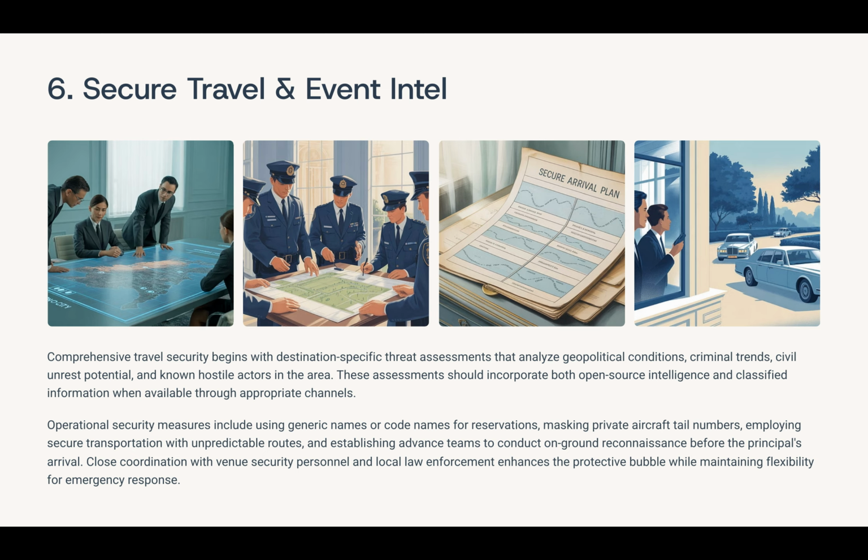Finally, it's vital to maintain strong collaboration with venue security and local law enforcement. This coordinated approach not only enhances the overall security posture, but also ensures everyone is aligned and able to adapt quickly should emergencies or unexpected situations arise. Being prepared in this way allows for both robust protection and flexibility, which are essential for safeguarding high-profile individuals during